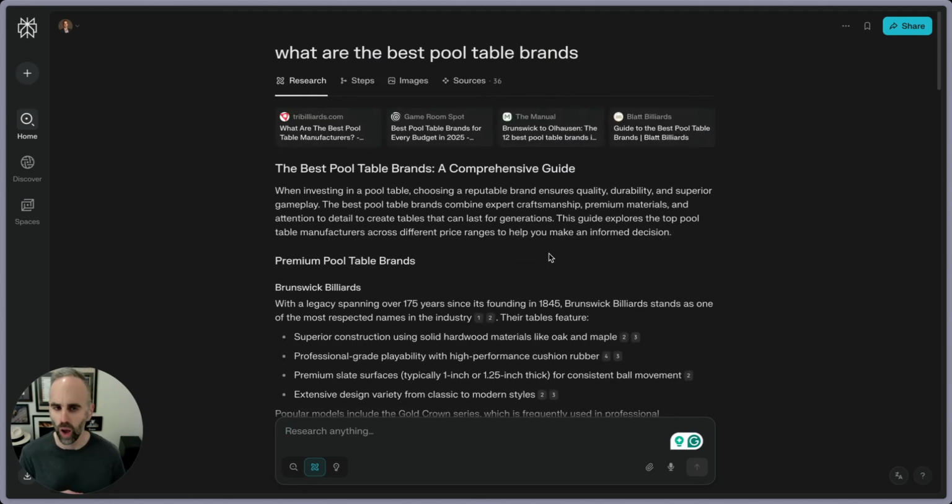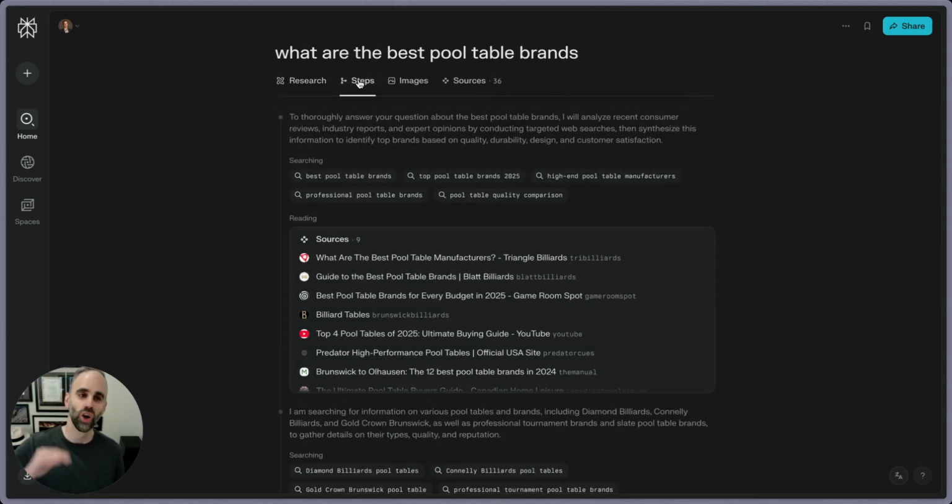We don't need to go through all that, but what I wanted to really show you is the section here called steps. When you click on it, it's going to tell you all the various steps and how it got to its answer. And as SEOs, as marketers, the important part is looking out for some of these extended searches that it's done. It's first of all taking my initial query over here, what are the best pool table brands, and expanding on that, looking at similar terms or variations on the same thing, and coming up with some sources here.